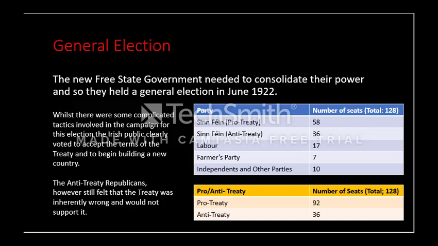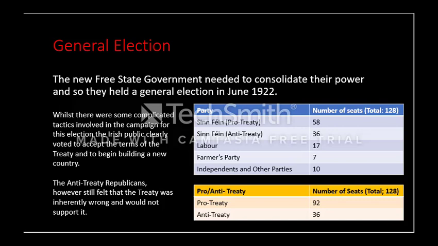Let the people of Ireland speak about what they want. Okay? And it also allows them a bit of legitimacy, that when they're making decisions, they can say, actually no, the Irish people want this, they voted for us in the last election. Now there were some very complicated tactics in the actual election, and we're not going to go into detail of them here,